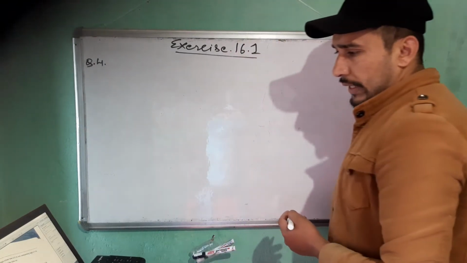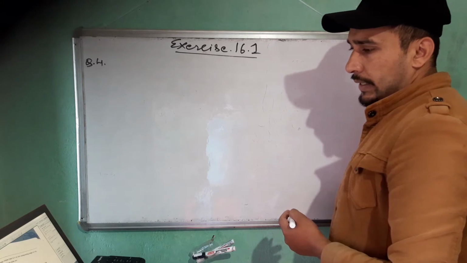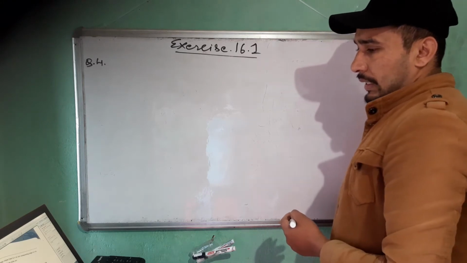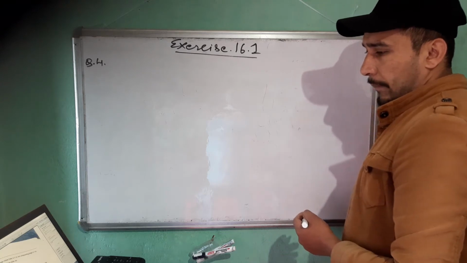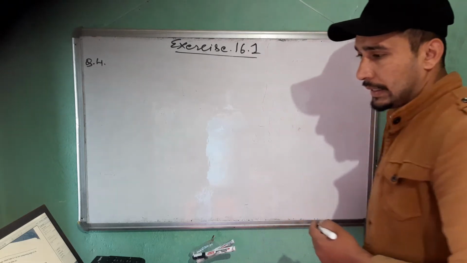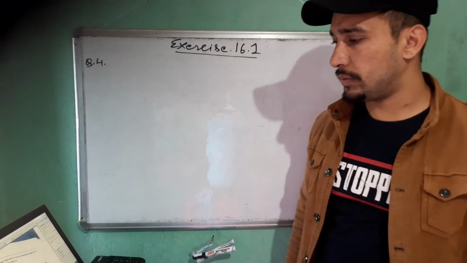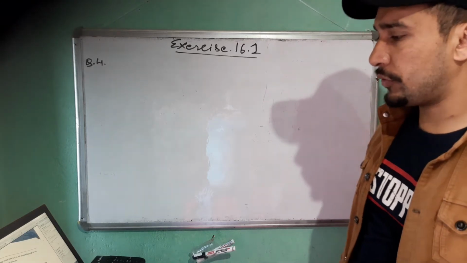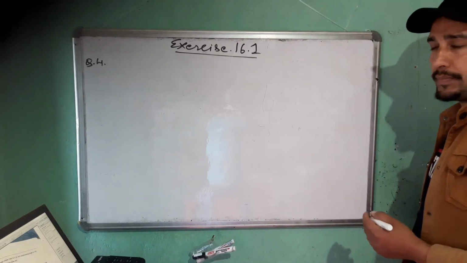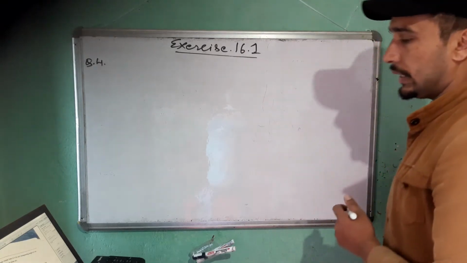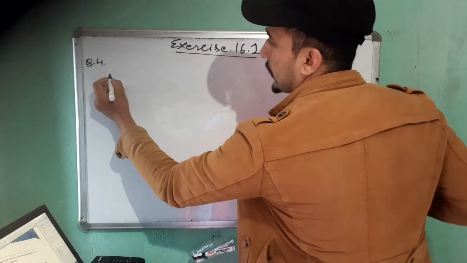The sides of a triangular field are 975 meter, 1050 meter and 1125 meter. If the field is sold at the rate of rupees 1000 per hectare, find its selling price. You have to find the total selling price. That means first of all, you have to find the area of the field. So you copy the question.